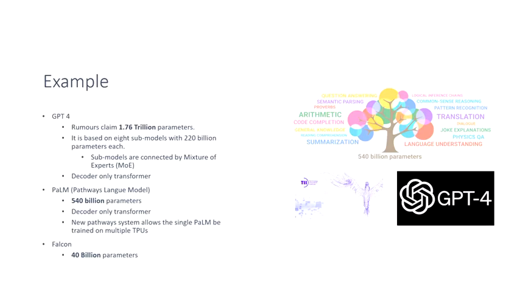And then you have PALM. PALM has 540 billion parameters. It is called pathway language model because it uses a pathway technique that allows this large model to train on number of different machines. So parallelization is easier if you are using PALM. And then you have Falcon. Falcon is open source. It has 40 billion parameters. So if you are targeting to customize a large language model for your organization, maybe it is a good idea to start with Falcon and then customize it for your organization.